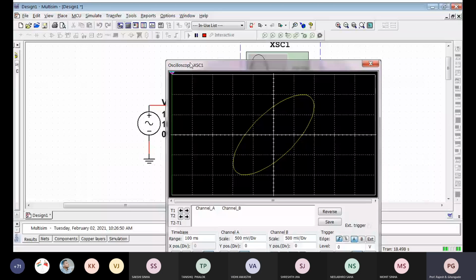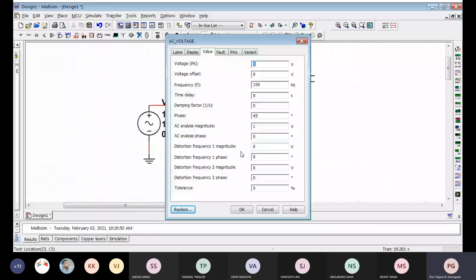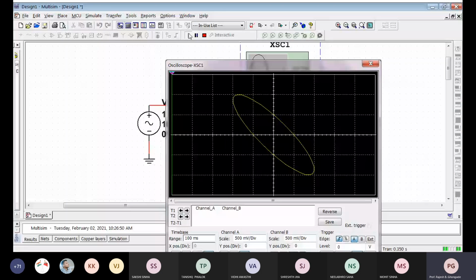Whereas if the phase difference is above 90 degrees, let us see what happens. Now the major axis is in the second and the fourth quadrant. The very first example was very simple. I was in a position to get 30 degrees as the phase difference. Now how do you calculate this phase difference?